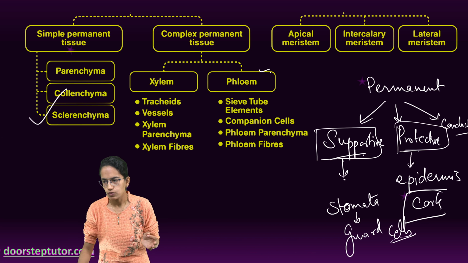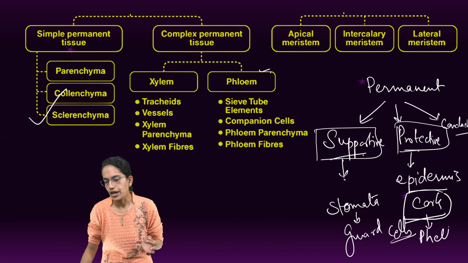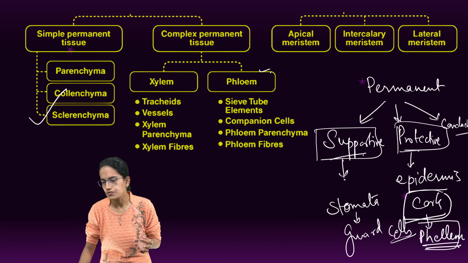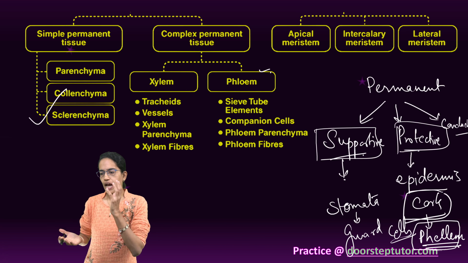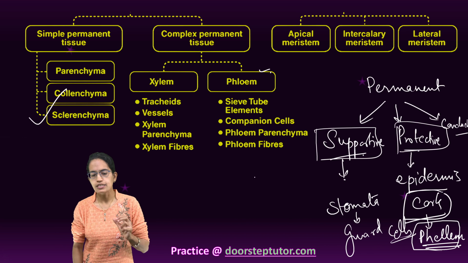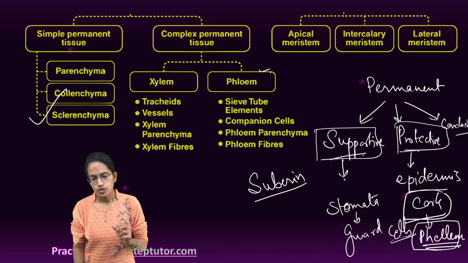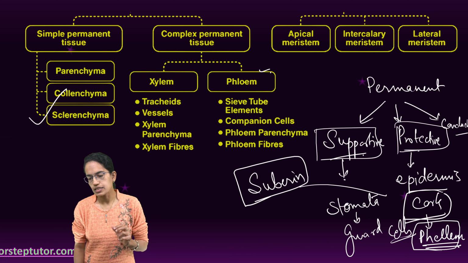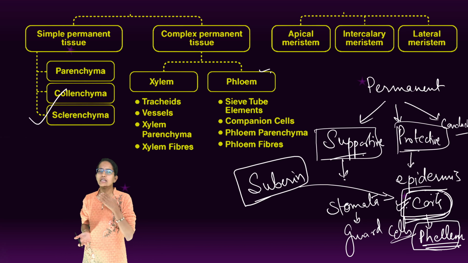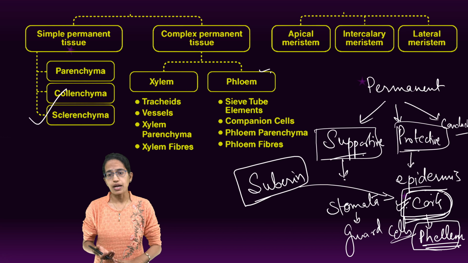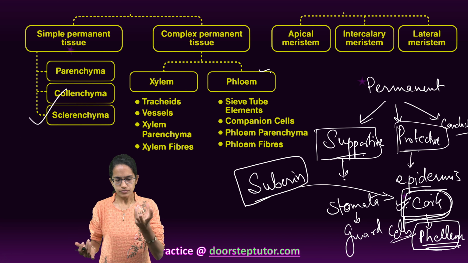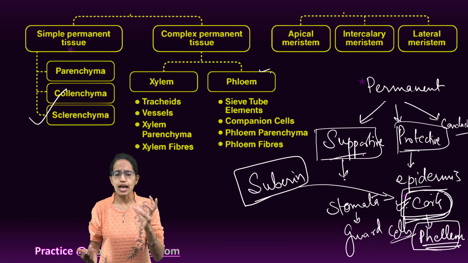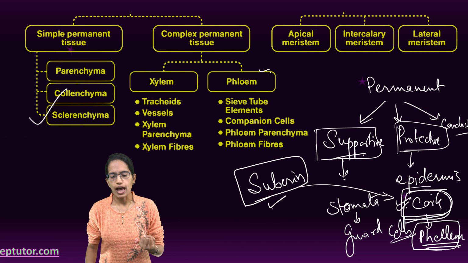The next is cork. What is cork? Cork is also known as phellem. Now, it is a protective tissue which is usually seen in old dicot plants. It can be lignified and there can be a deposition of wax which is known as suberin. So suberin is a waxy deposition which is part of the cork, and cork is actually at the periphery. In the case of old stems and old plants, monocots as well as dicots, there are dead cells which are actually waxy and have a coating outside which we call suberin.